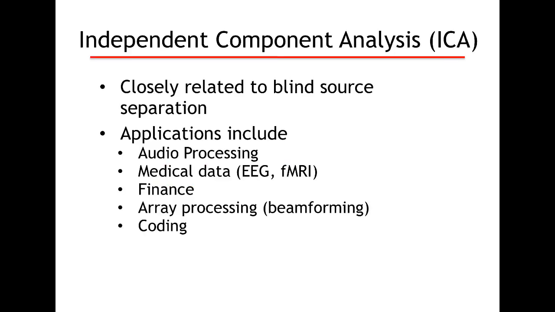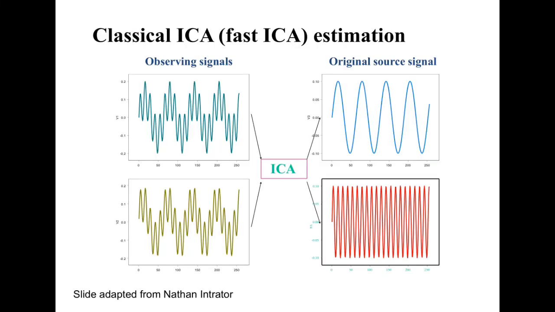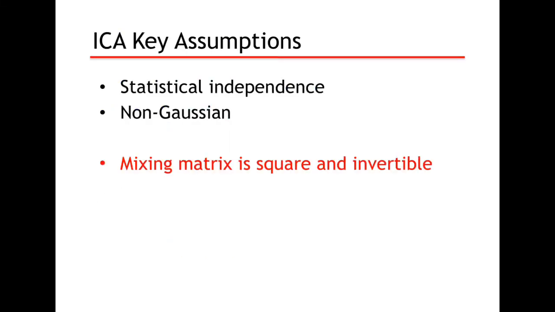Okay, so we saw this. ICA has many applications, and the basic idea is that you have multiple sources and you get multiple mixtures of signals from multiple sources, and you have to look at the mixtures, and on the mixtures we want to reconstruct the original signals. Right? And what are the key assumptions we make in order to unmix the signal?